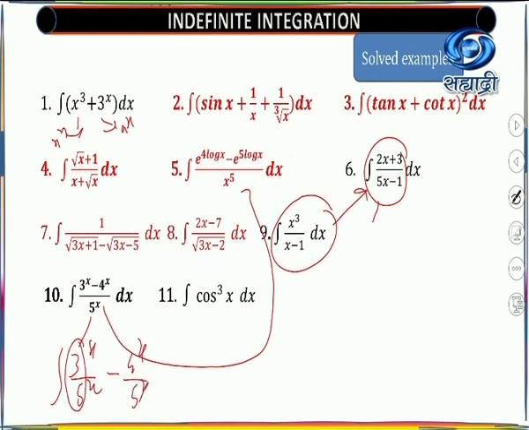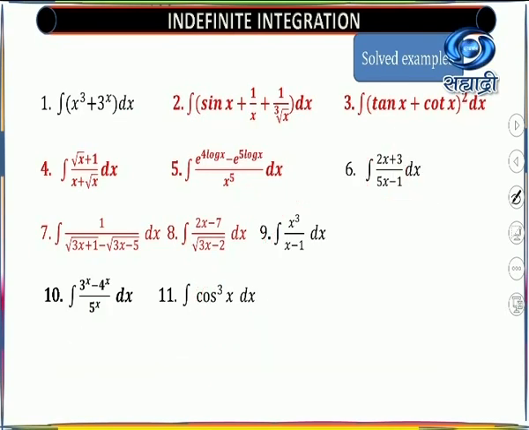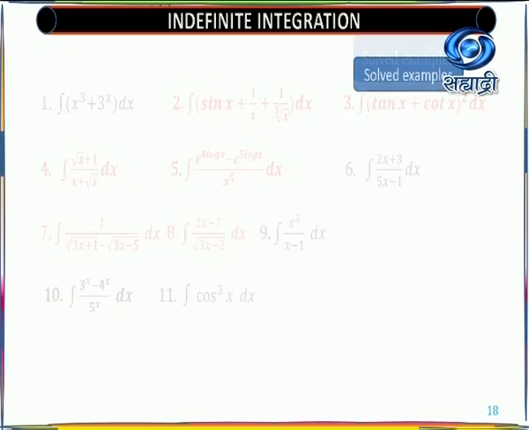So again this is 3 upon 5 raised to x, indices law says that, and you will get a raised to x formula. Cos cube means you need to use your formula in the trigonometry, that is for the cos cube theta, and from that you will get. So these are the straightforward examples. We'll solve the examples which are in red color, and the remaining examples are homework for you, but I have discussed what way you are going to solve it.